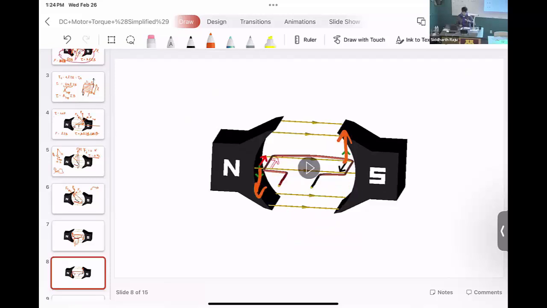But what we need to do is flip the current direction. It doesn't matter whether the conductor marked with the red color or the one marked with the black color is on the left or on the right. Whichever conductor is on the left should experience a force downwards, and whichever conductor is on the right side of the motor should experience a force pulling it upwards. Right? We can't flip the direction of the poles because it's a mechanically attached thing. It's attached to the